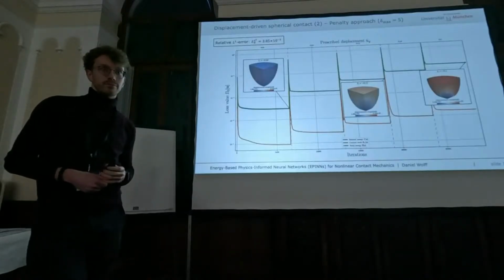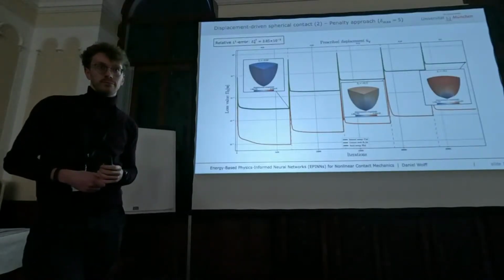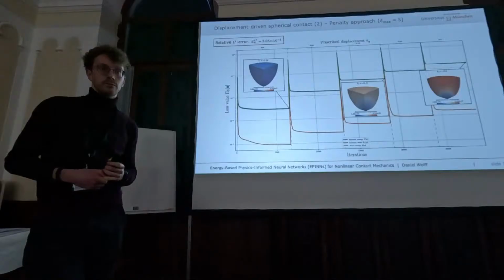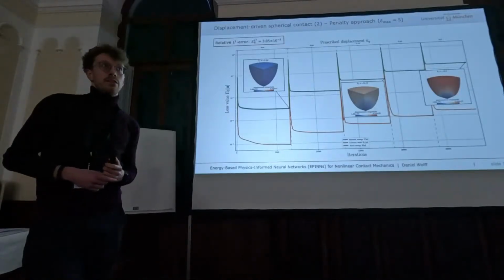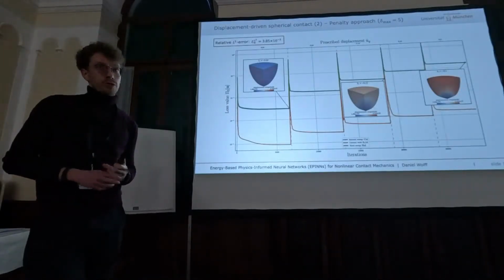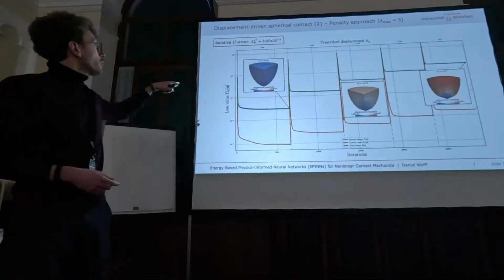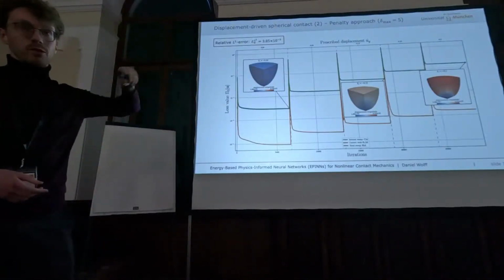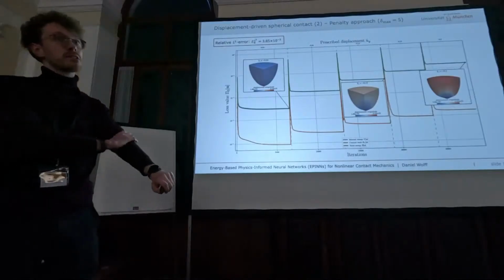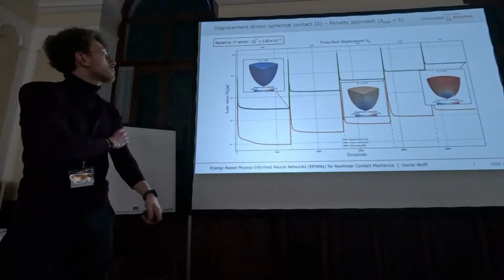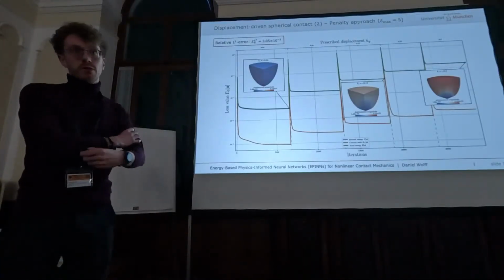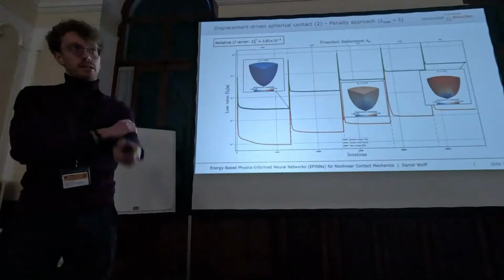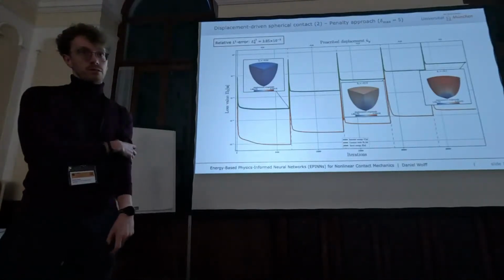Two questions. The first one is, this is all L2. Did you have a look at boundary stresses and H1 error? No, but that's a very good point. We can take a look at it. I didn't show it here, but we also compute L2 errors for stresses, so it's not like we're only looking at the displacement field. They are roughly 1 order of magnitude worse, as one would expect. But I didn't look at H1 errors yet.